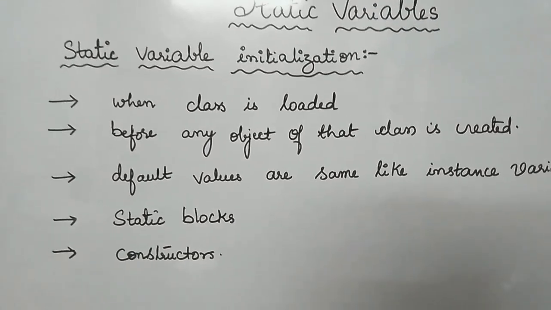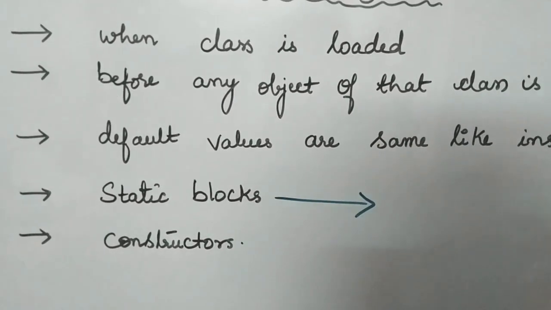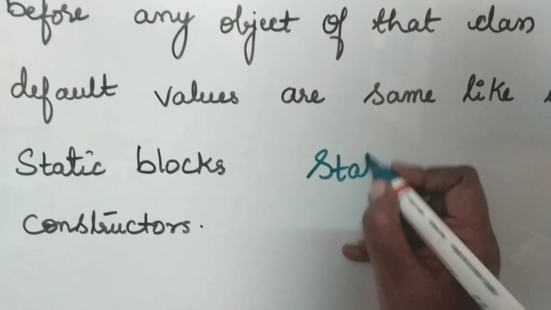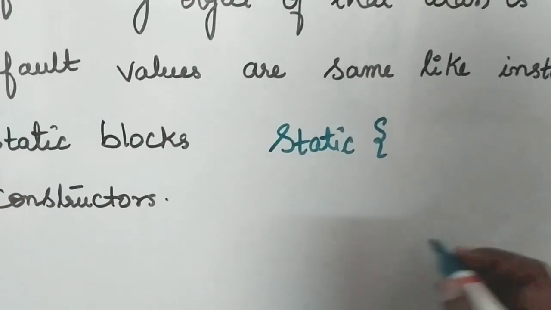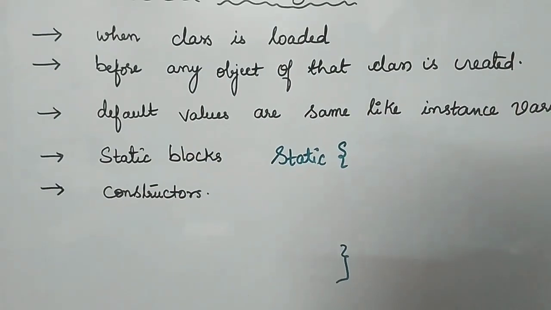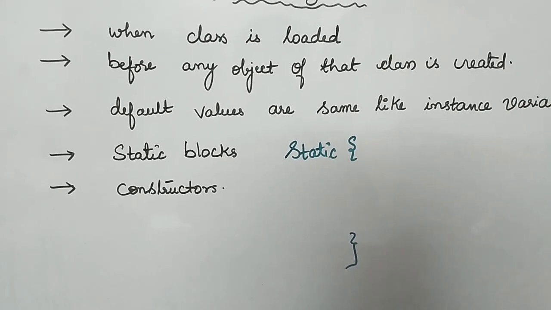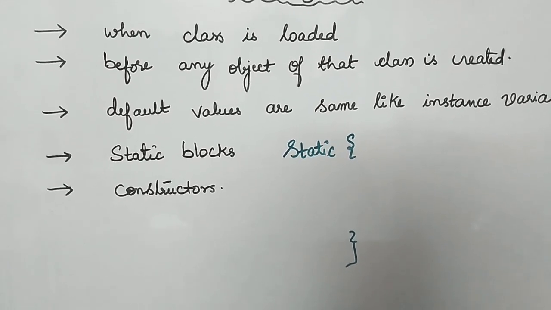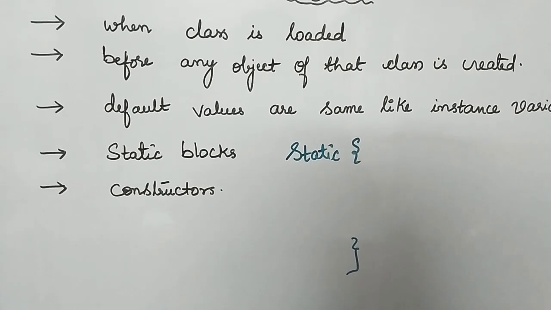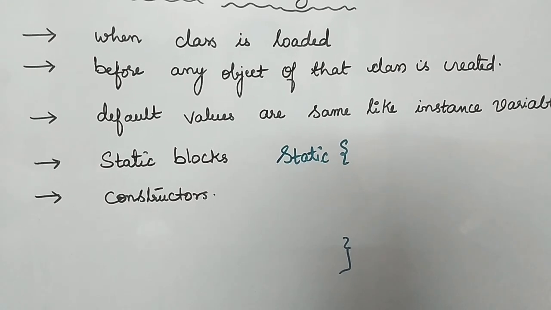You can also initialize the static variables in static blocks. We'll see what is meant by static blocks. A block is simply a block with the static keyword preceded before it: static and an open curly bracket and a closed curly bracket. This is called a static block. A static block is executed during the class loading itself, so this is the block that will be executed even before the main method executes. There can be n number of static blocks inside the program, and the execution order will be the order of their placement inside the class.